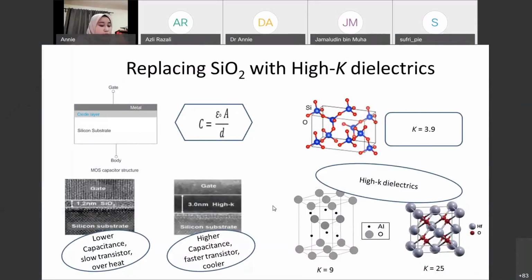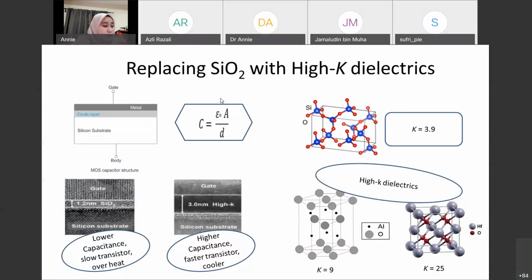Replacement of silicon dioxide with another gate dielectric is needed. So the MOS structure itself is a capacitor. To understand the physics of the MOS capacitor, we rely on the theory of capacitance. So what we have here, we can see that the capacitance depends only on the geometrical factors such as the